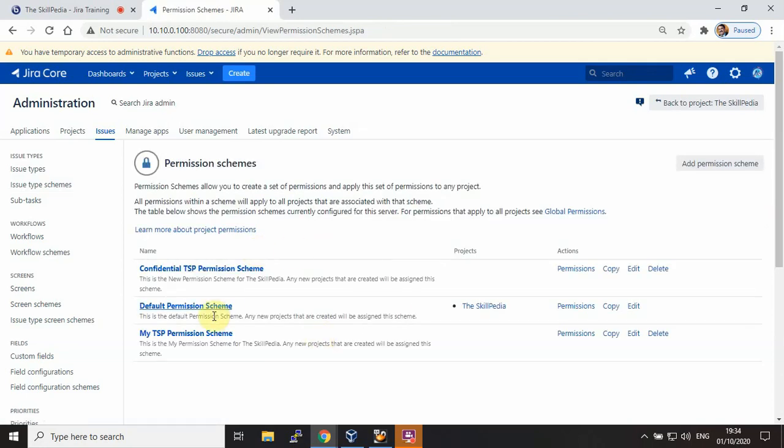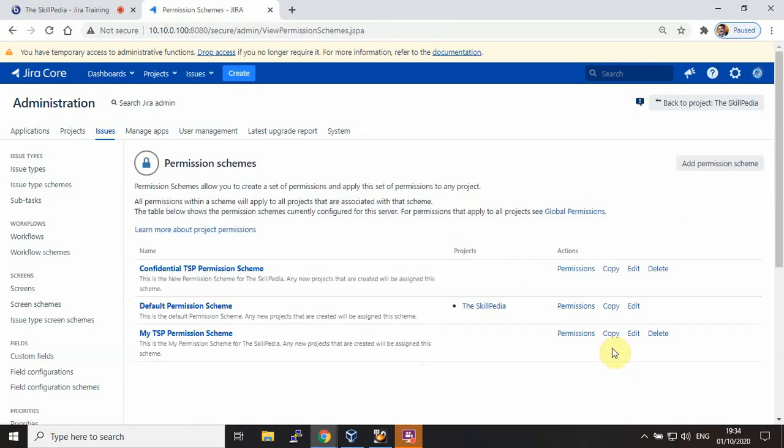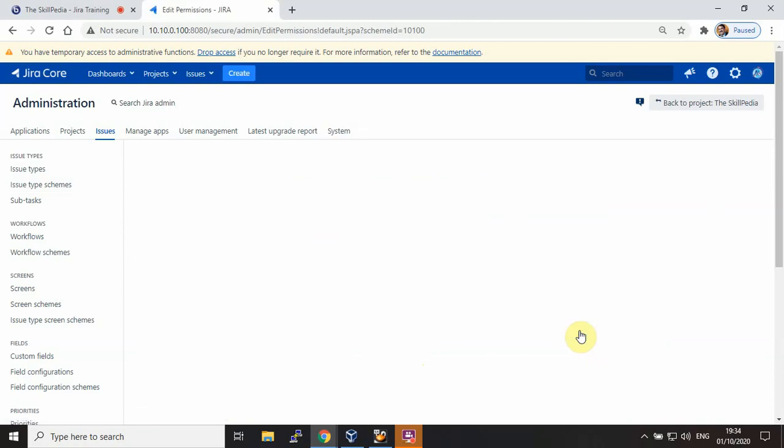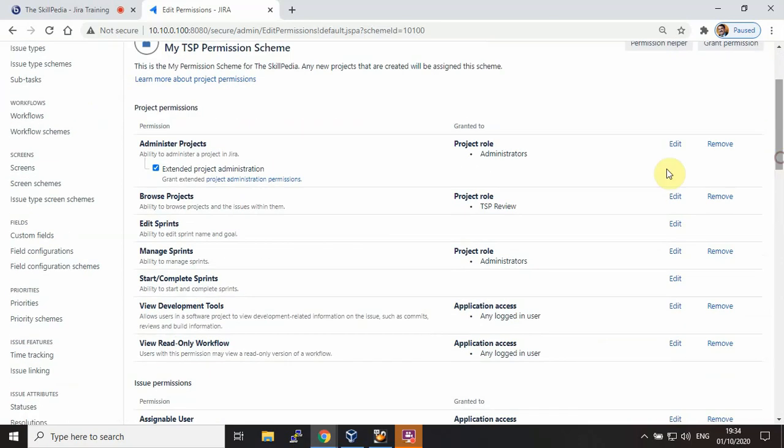Now once you have created this my TSP permission scheme, what you can do is edit it. So this is permission. So we can talk about the permissions now. This is the default browse project. This should be able to browse project and the project role.